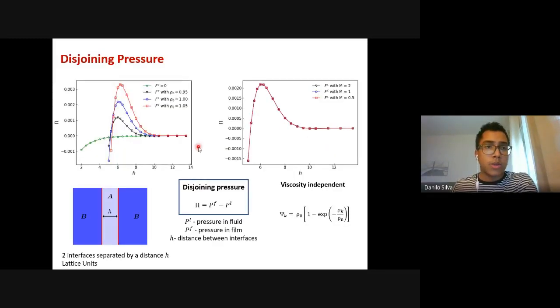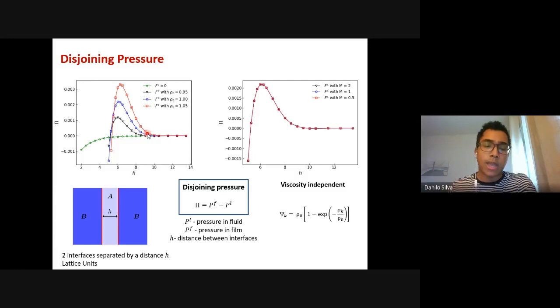Also, we looked into the disjoining pressure. Of course, we need to characterize the repulsive interaction between the droplets. What we can see here is that we simulate two interfaces separated by a distance h, and we measure the disjoining pressure. When there's no competing mechanism, we can see that the disjoining pressure goes to a negative value, indicating an attraction, meaning that the droplets will coalesce. However, if we have the competing mechanism, we are able to achieve a positive disjoining pressure, meaning that the droplets